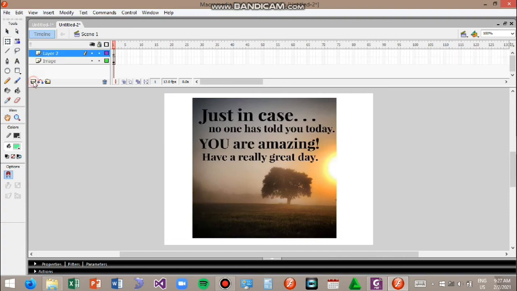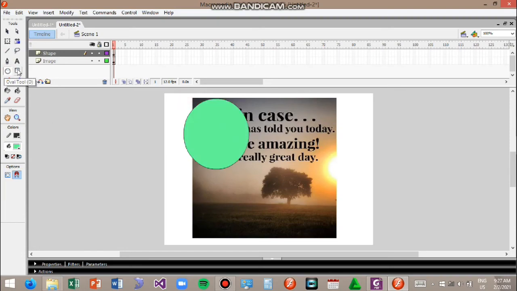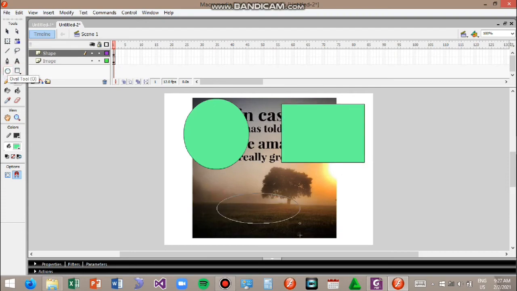Now we're going to add another layer. This is your second layer, and we're going to place a shape here, and you just need to place some random shapes. Here, there, here. And then we're going to mask this object.